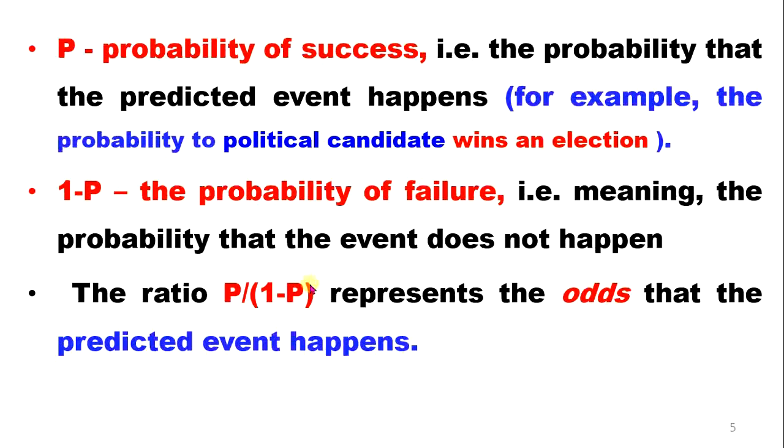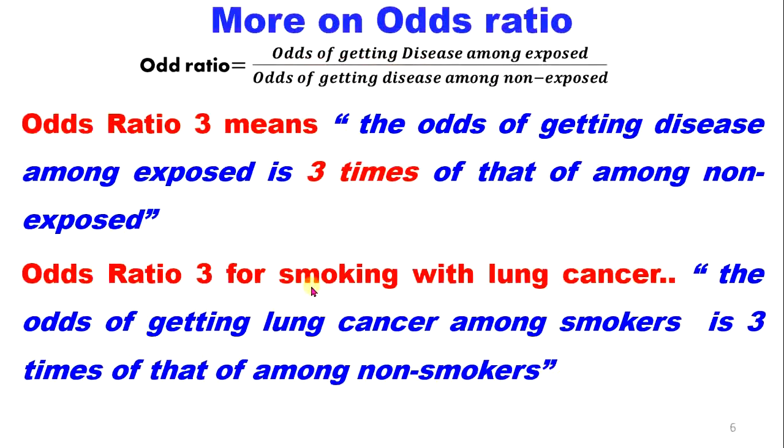not happen ስለዚህ the ratio p divided by 1 minus p represents the odds that the predicted event happens ማለት ነውና to say more about the odds ለምሳሌ እንደዚህ ብጽፉ odds ratio: odds of getting disease among exposed divided by odds of getting disease among non exposed ቢሆን እንዴት ነው ይሄ odds ratio 3 ቢመጣላችሁ እንዴት ነው ኢንተርፕሬት የምታደርጉት